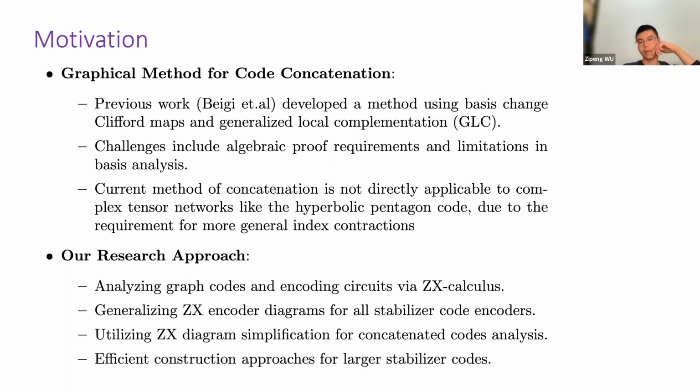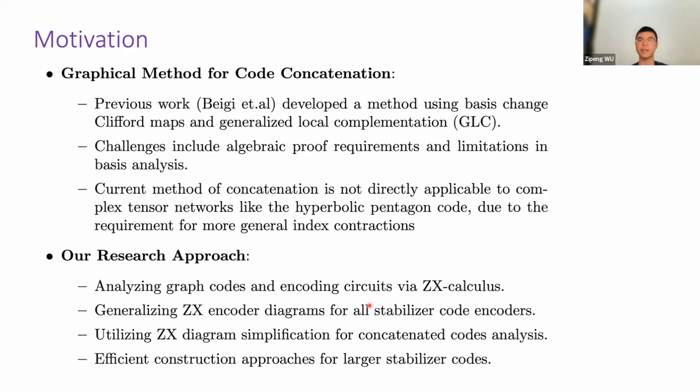Graph code is a subclass of stabilizer code. It utilizes graph states and classical codewords to protect quantum information. The graph structure provides an intuitive way to visualize the quantum state and its interactions. Prior to our work, Beigi developed an algebraic method to concatenate graph codes. They systematically developed a method to concatenate an outer graph code A to an inner graph code B. The concatenated graph code